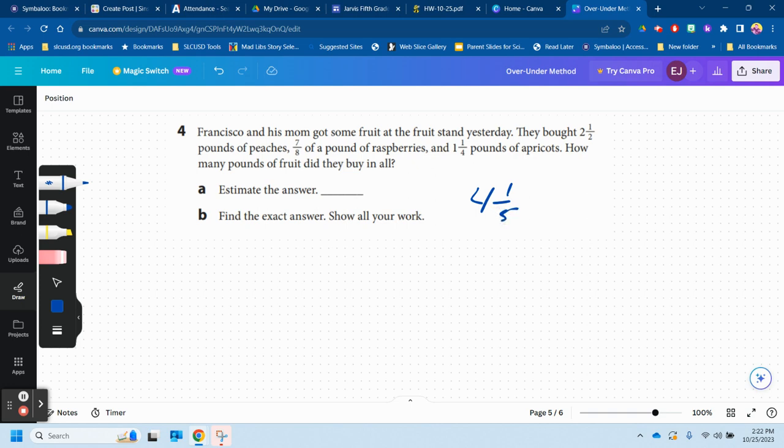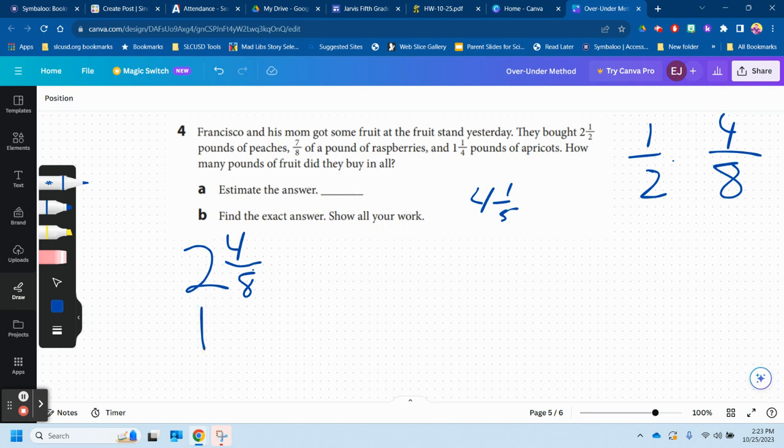Well, let's work it out. We have 2.5 plus 7/8 plus 1/4. Let's think about common denominator first. Is there an easy one we can find between the denominators of 2, 8, and 4? 8 is divisible by both 2 and 4, so it's going to be 8. So I'm going to rewrite these as something over 8. 2.5, instead of a half, it's something over 8. I multiplied the 2 by 4, so I multiply the numerator by 4. I get 4/8. So 2 and 4/8, same as 2.5, plus